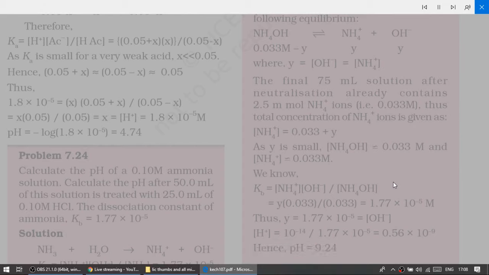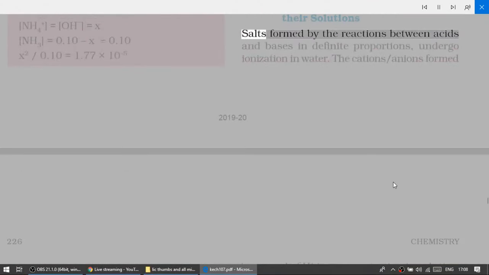7.10 Hydrolysis of salts and the pH of their solutions. Salts formed by the reactions between acids and bases in definite proportions undergo ionization in water. The cations and anions formed